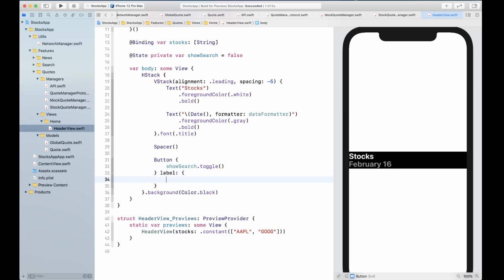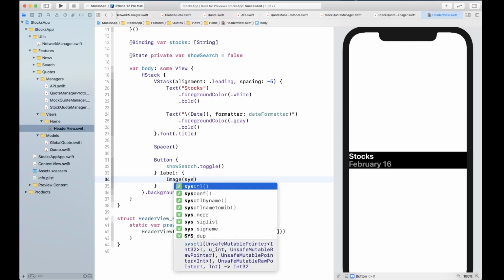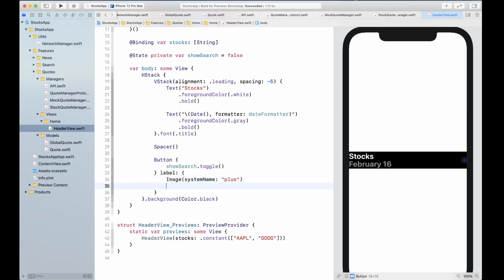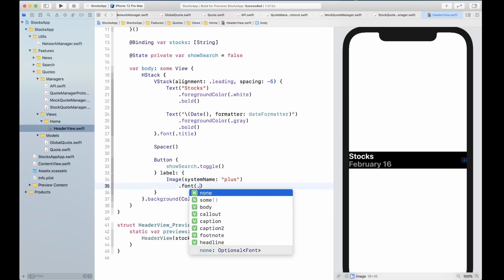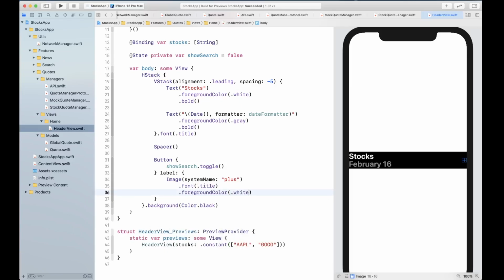Okay, which is gonna just toggle this show search, which is gonna help us launch the sheet that is going to display the search bar or search view, basically where you can search for the stock symbols. And we're gonna have an image, system name plus. Okay, and gonna give it a font as title and foreground color as white.